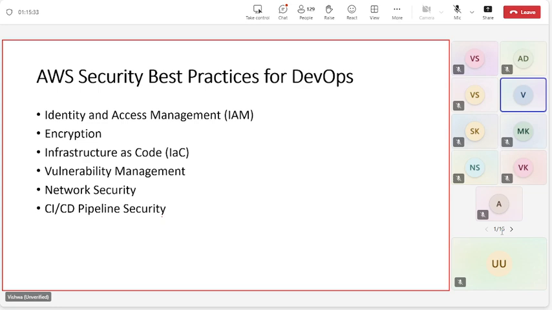And then you should also have a vulnerability management part of the pipeline, where you make sure neither the code, nor the packaged code, nor the application itself is vulnerable to anything. You should also try to manage the network security. Who can access this? At what time?